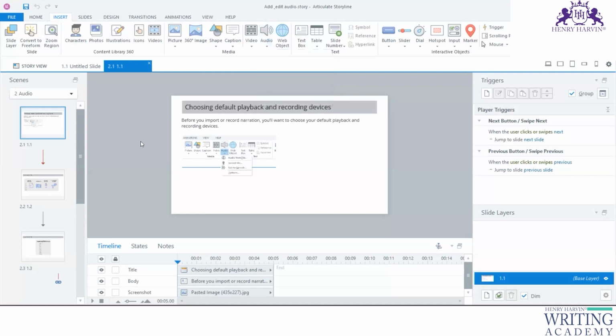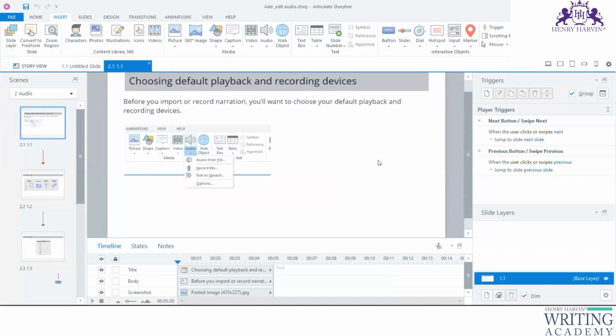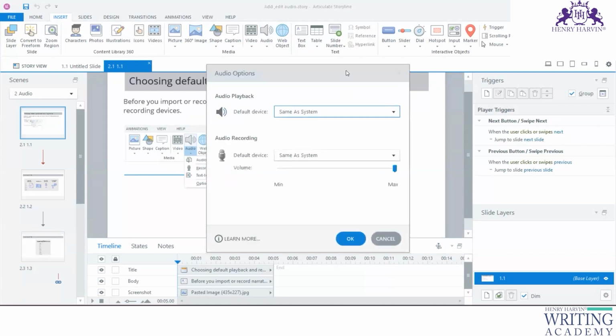To begin with this section, we should always ensure that we have chosen the default player and the recording device, because if you're not doing it, whatever you are recording externally may not match from one recording to another. To check that, this is what I'm showing you through a screenshot also. Before you record any narration or any import, you choose a default player and a recording device. To do so, you go to your audio, and from there you click on this option, and check out